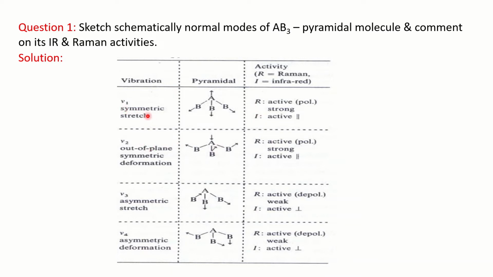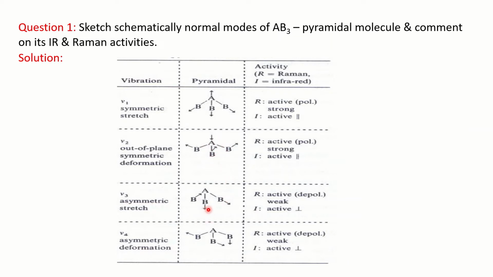So here you can see we have two symmetrical vibrations. One is symmetrical stretching, other is symmetrical bending, and two are asymmetrical vibrations. One is asymmetrical stretching and the other asymmetrical bending. Symmetrical stretching means symmetrically you are stretching the molecule in opposite directions here, and then you have bending. Here bending is the deformation, out of plane bending.